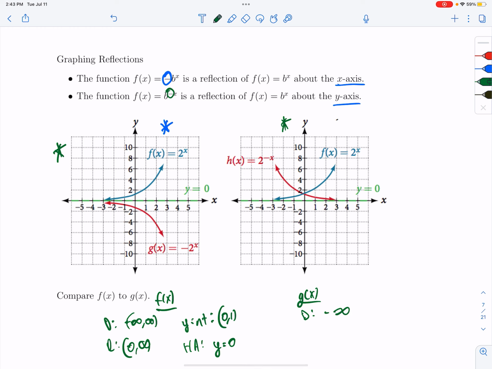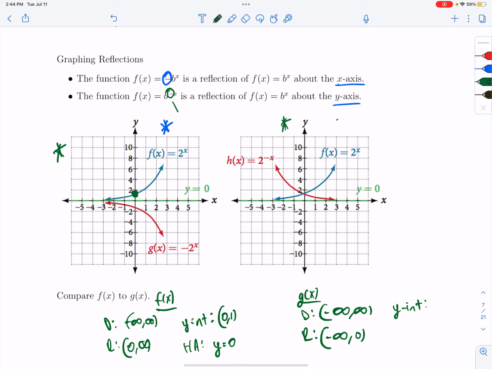So the domain stays the same. The range now is -infinity to 0. The y-intercept, well, before the y-intercept was (0, 1). And what's happening is when we have this negative here,